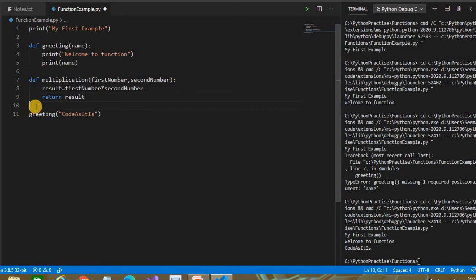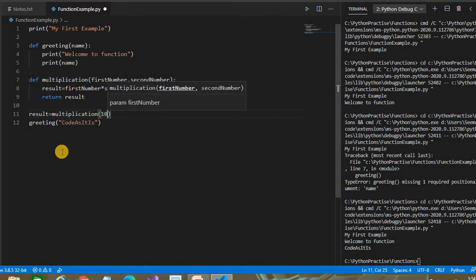How to call this? Because it's returning some value, we have to store this result in some variable. Let's declare result here and then call multiplication. We pass two parameters, like 10 and 20, and then print the result.